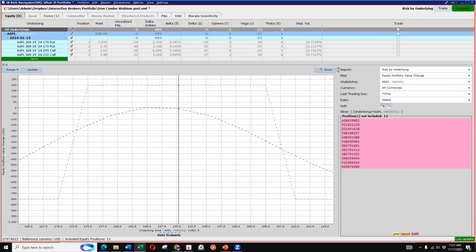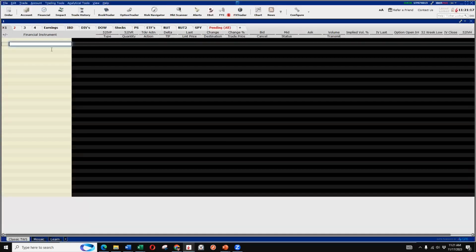All right, so anytime I'm doing a trade, I'm going to always look at it in Risk Navigator first. Just make sure everything looks okay. I'm going to look at my price alerts. Then in terms of entering the trade,